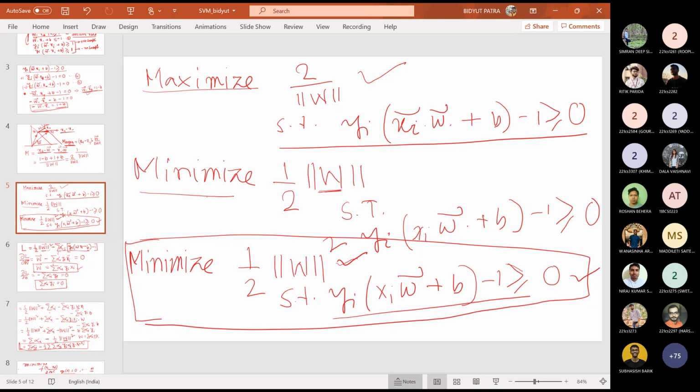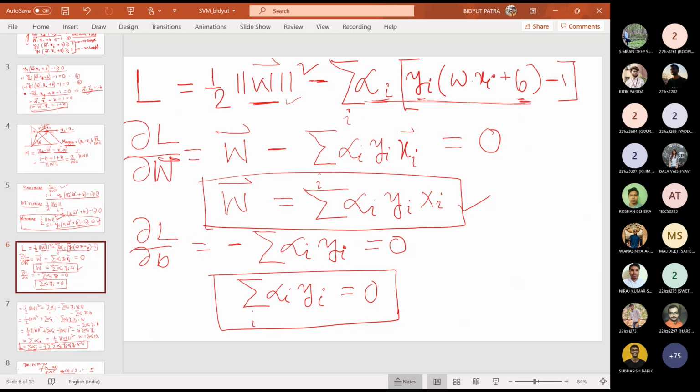Okay, so in the last class, to solve this problem, we have to write the Lagrangian first. This is the first part, and because it is greater than or equal to 0, we have a minus here. Now what we did was differentiate with the vector w, with the scalar L. Do you know how to differentiate a scalar with respect to a vector?